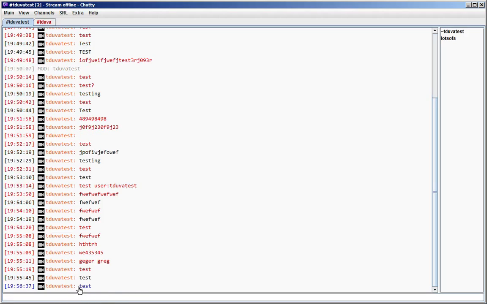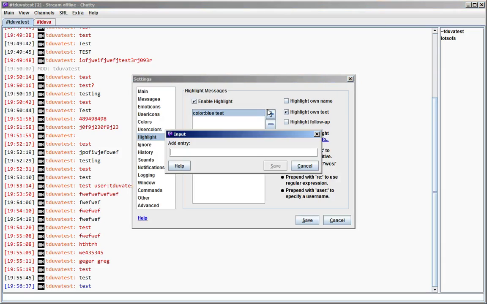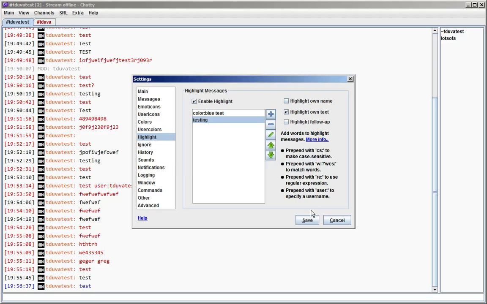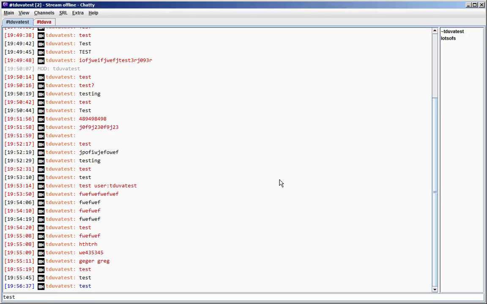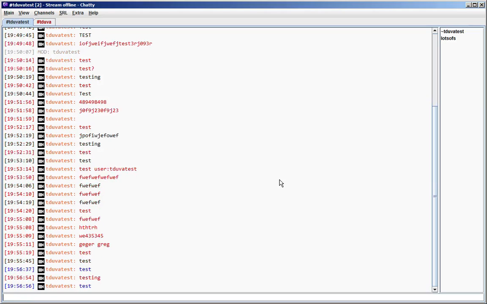And then if you enter test, this highlight is blue instead of red. And if you have another one that says testing, then this one is red and the other one is blue.